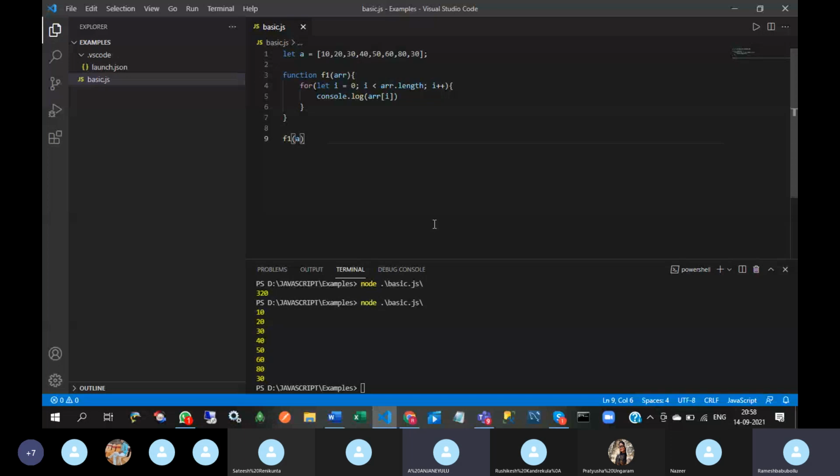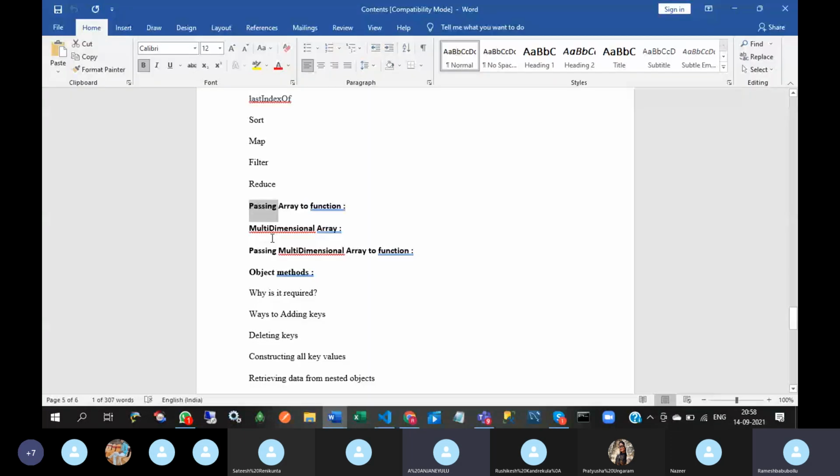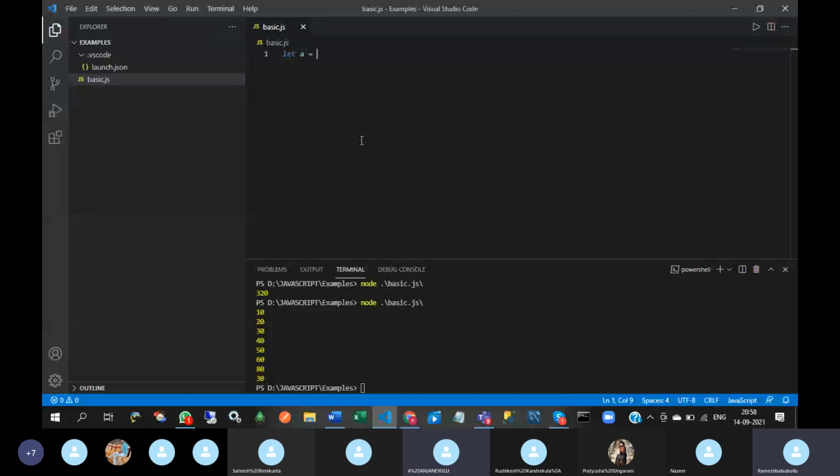Next one is multi-dimensional array. Multi-dimensional array. Let A equal to another array: 10, 20, 30, and 40, 50, 60.